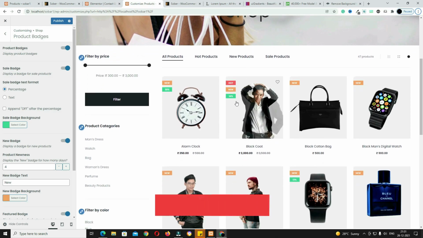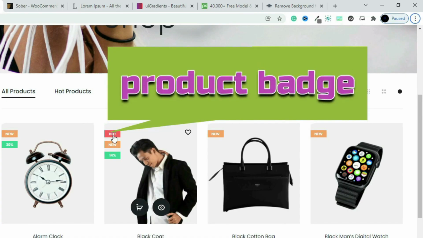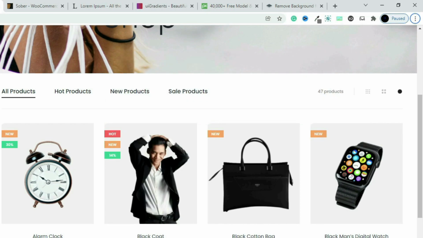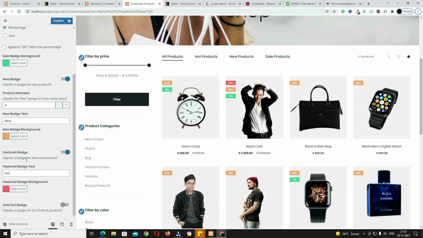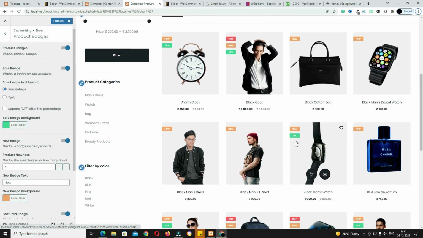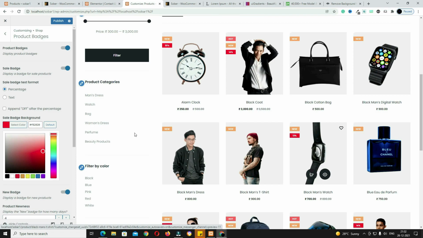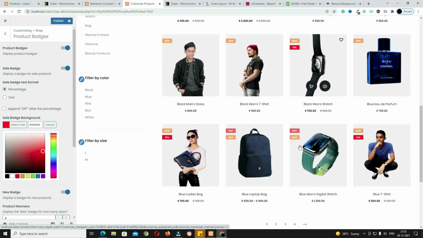Even by using this theme you can customize the product badge. I mean, here you can see that hot, new, 40% off. You can change the color of that also. This theme is packed with so many various types of professional customization options. Suppose in place of green color I want pink color in the sale badge. So just click here and from here you have to choose the pink color. Suppose I am taking this color. Here you can see it's affected here and everything will be happening live. I am changing here. I have still not published it, but here you can see the color has changed.